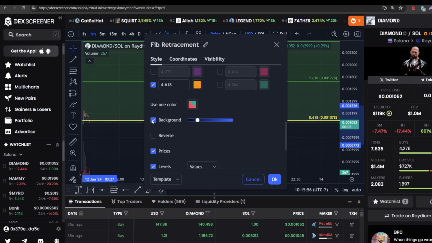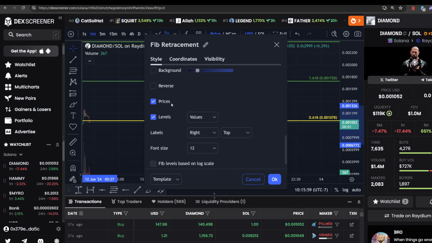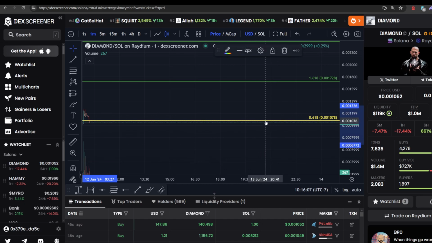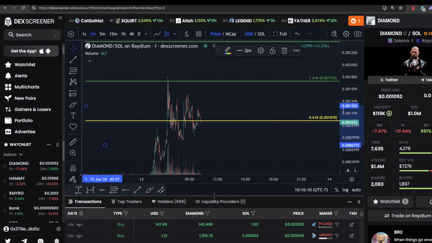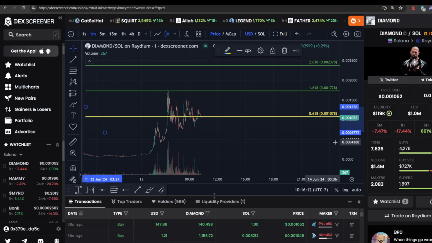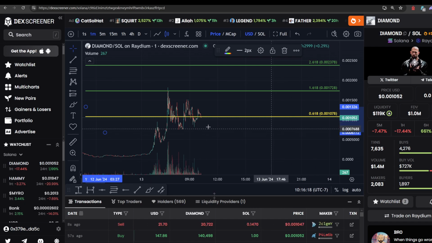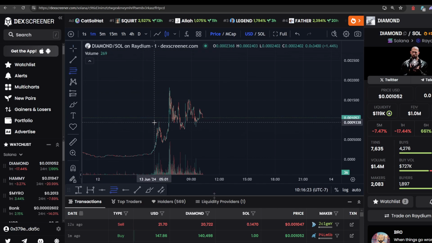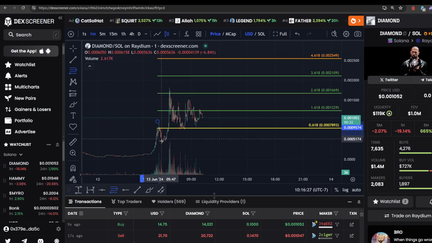I turn off the background, so no background. Prices and levels. I have my labels to the right on top, however big you want them. And that's the setting I have. The reason why is because meme coins are so volatile that I want to filter out the noise and only see the key levels. And because we're taking the fib levels